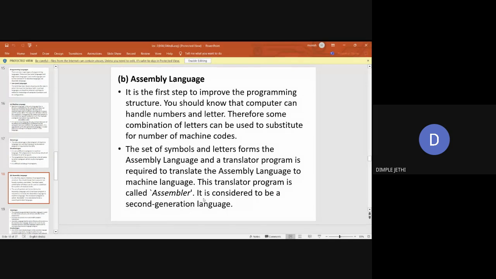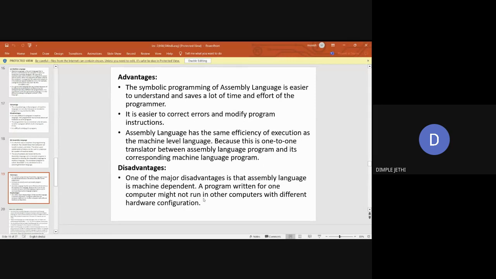Then second comes the assembly language, which also comes under low level languages. There they started using some symbols, as I said, move, add. These made it a bit easier for the programmer. Okay, so it saves their time, they can easily write the program in assembly. But again, because you use some English-like words in assembly language, you need some translator in between, which can convert your English-like words into the